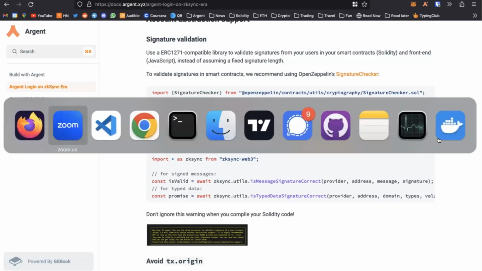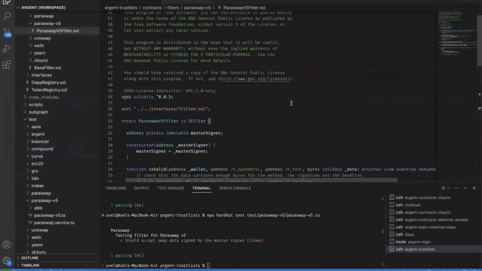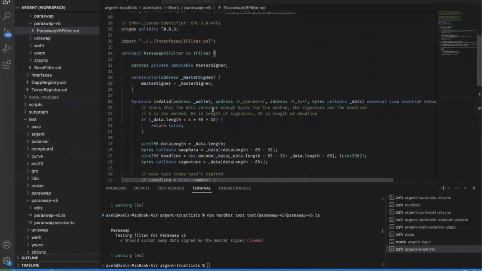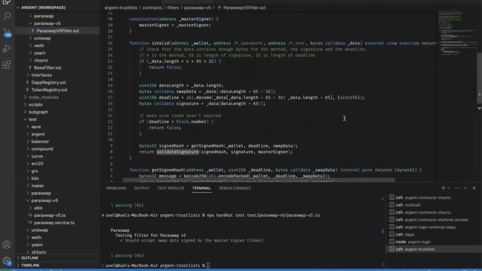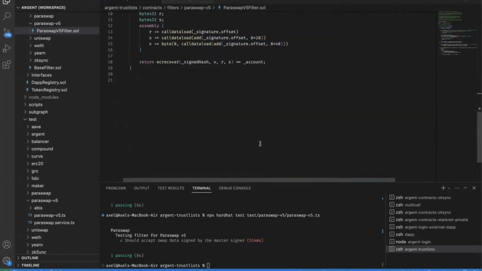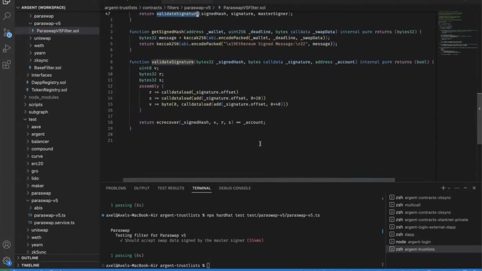So I'm going to switch to a code example here. I have a simple smart contract, basically a kind of authorizer for doing a swap. It takes in some swap data and the signature that's in this data parameter. If the swap is deemed valid, it passes on and the swap is executed. So in this data, we do some decoding to extract a signature, and then we validate this signature. It's a pretty short smart contract.